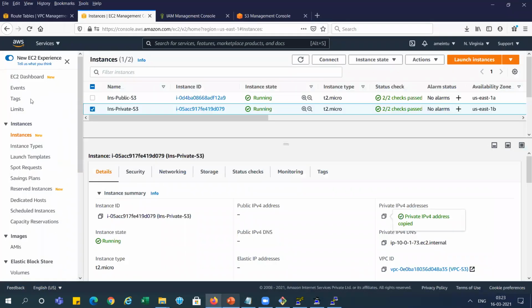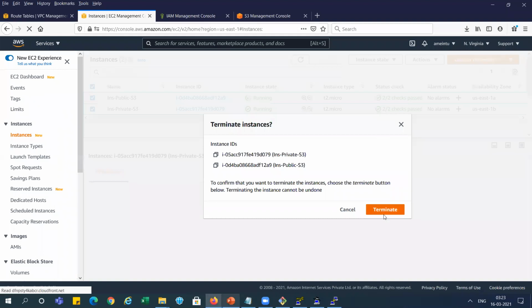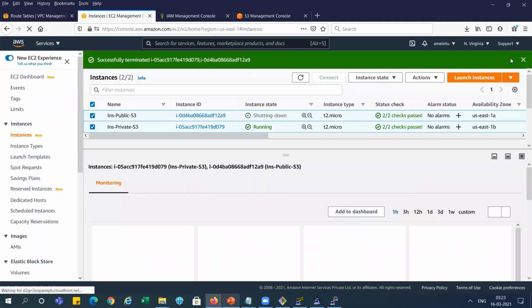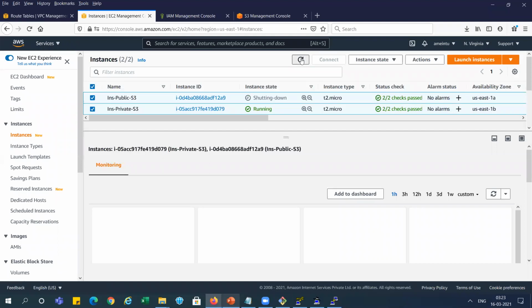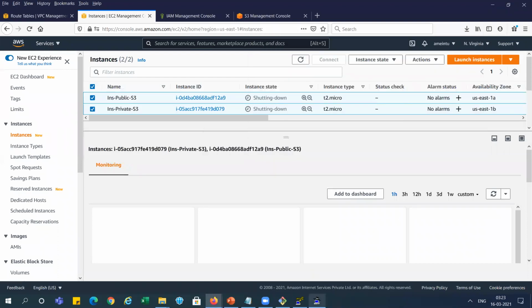You can see here, I am selecting both instances and going to terminate them. The termination is started, right? It is shutting down. And now we need to close this, because this PuTTY will not work then.